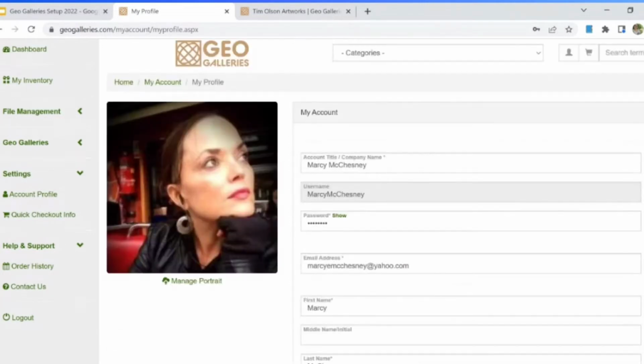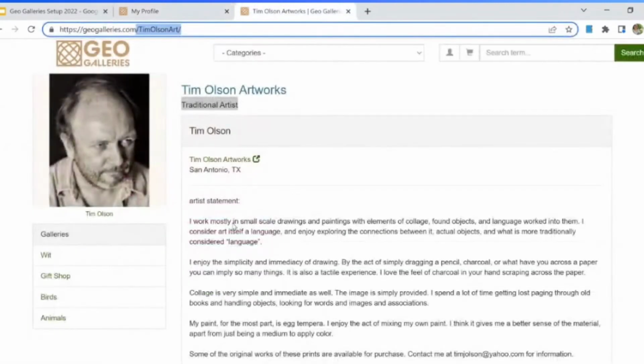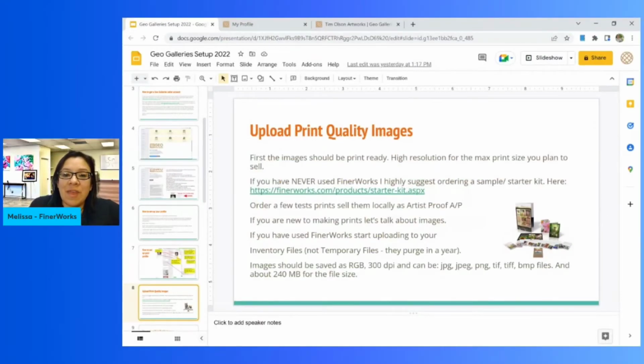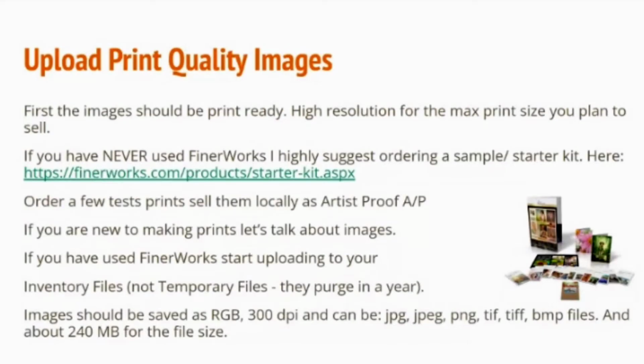Again, upload your photo here under Manage Portrait. And this will create the intro page that you have. Now, in the next part, we're going to cover uploading your quality images. That's the next